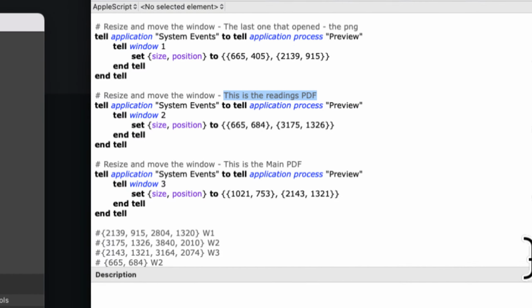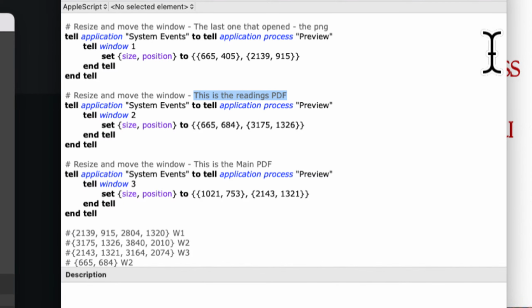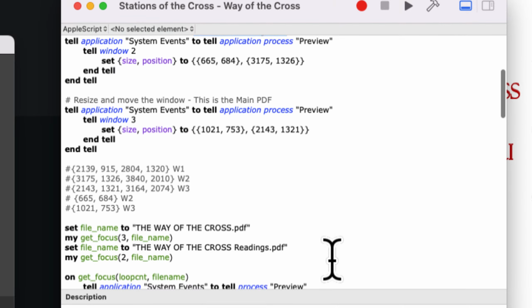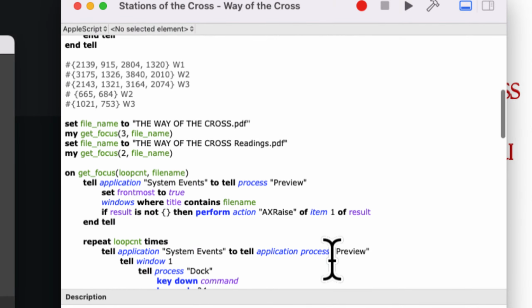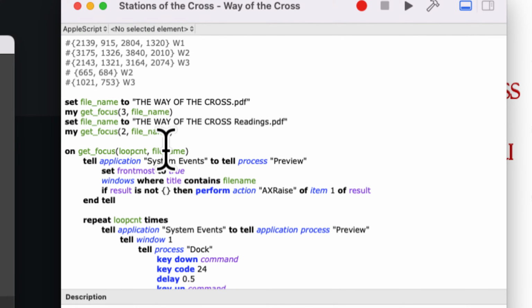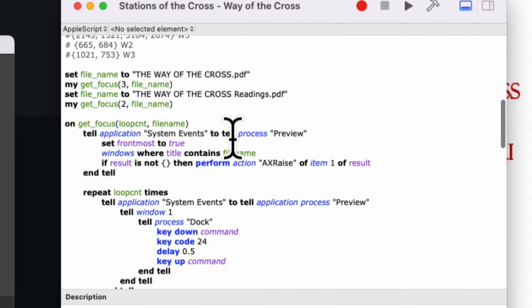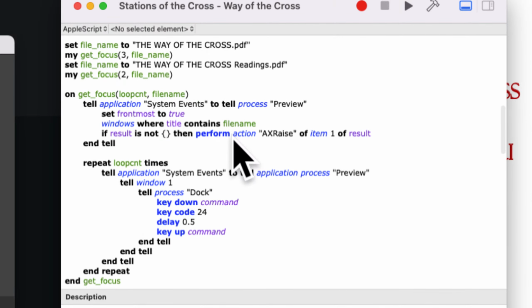Let's zoom in so we can see it together. All right, and so here I'm setting some file names and I'm doing some looping, if you will. You can do looping in AppleScript in a script editor. I know it looks intimidating to the person that's never seen this type of code before, but basically